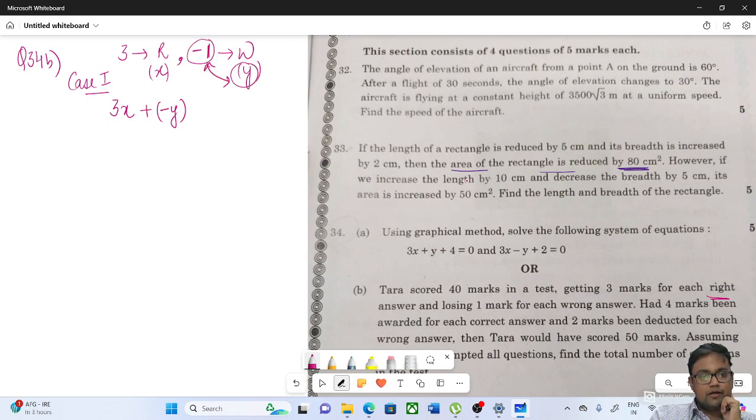Minus 1 into y. एक क्वेश्चन के minus 1 नंबर जुड़ते हैं तो y क्वेश्चंस के कितने नंबर जुड़ेंगे? y into minus 1. और फिर स्कोर कितना आता है? 40 आता है. Case 2,